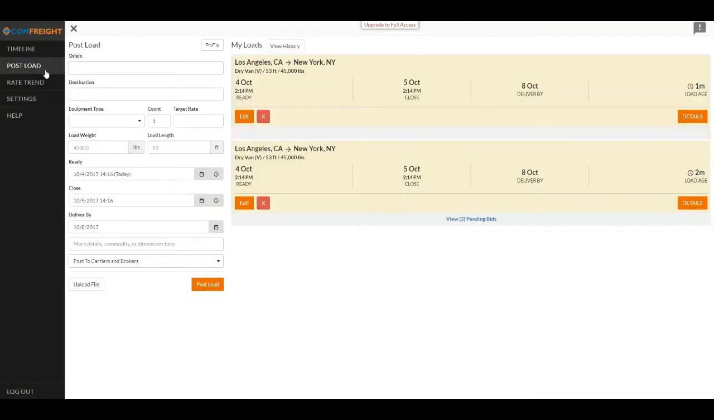Now the most important section for you as a shipper is going to be post load. This is going to be the tool that gets you bids from carriers and brokers. Now you'll want to put in the pickup location, either city and state or full address, the destination city and state or full address. You want to put in the equipment type that you need to pick up your load, a target rate if you know what it is, the total number of pounds of weight in total